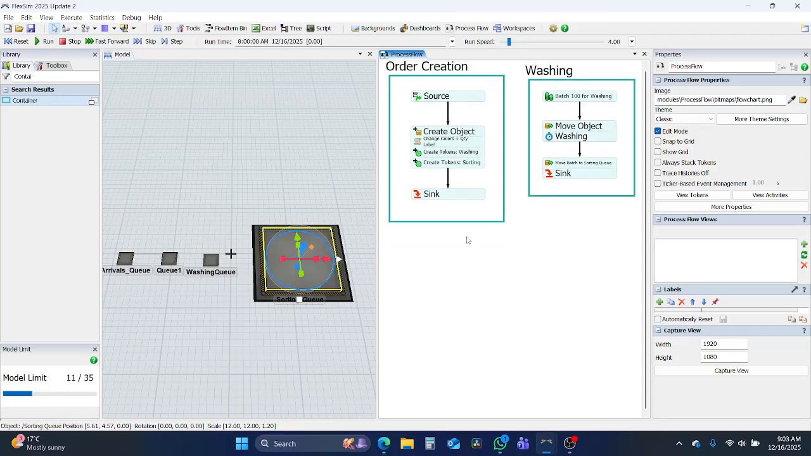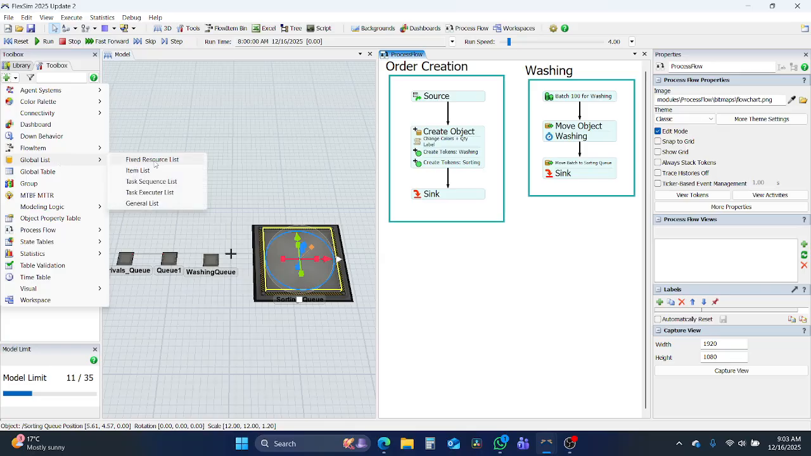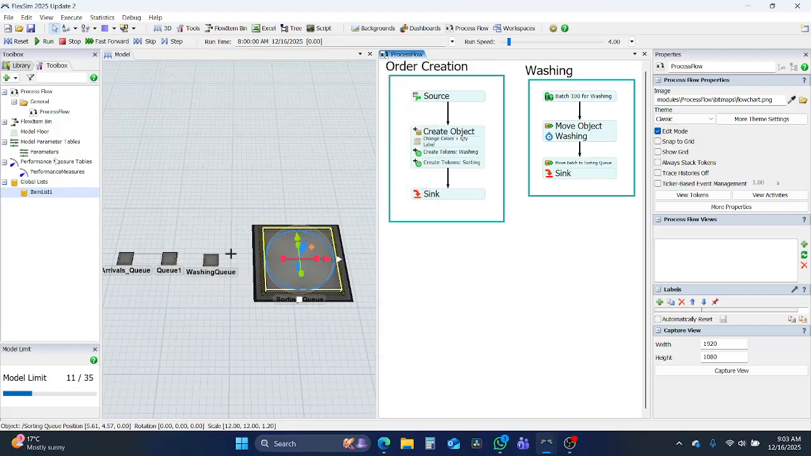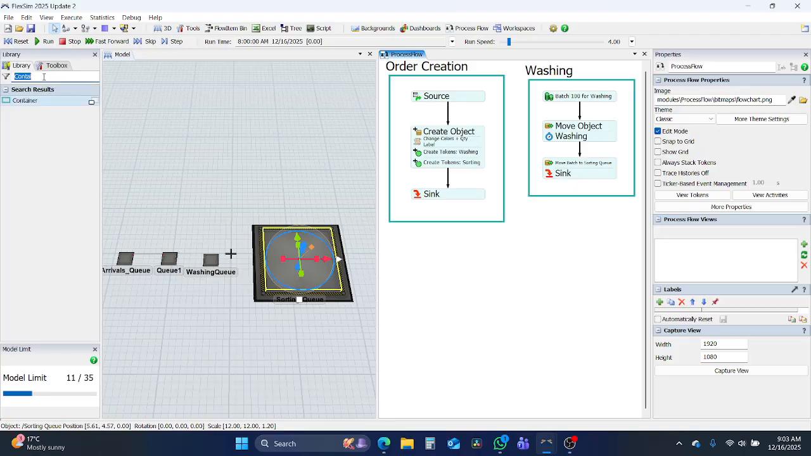Okay, so now we are going to do the flow for the sorting. Firstly, we want a list, a global list. So we are going to create a global list, which is going to be an item list. So we're going to click OK, and now